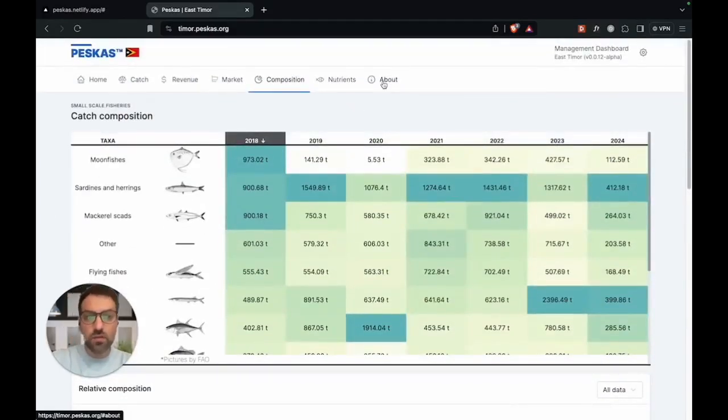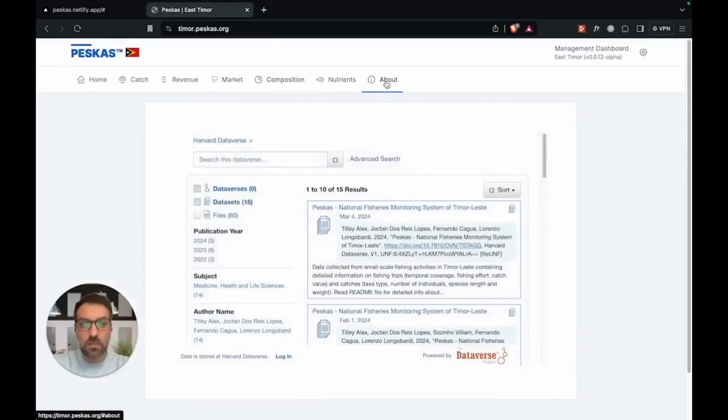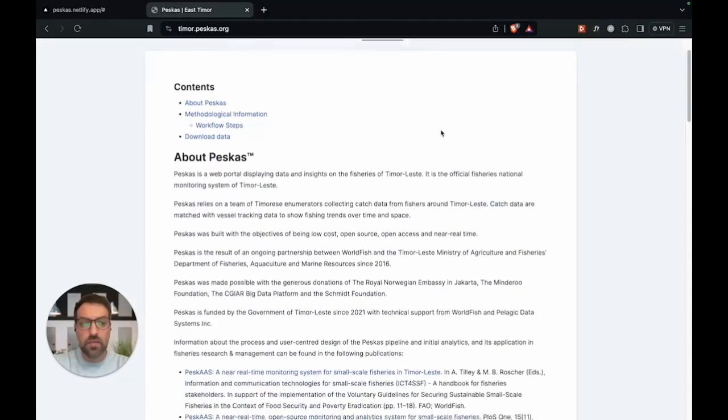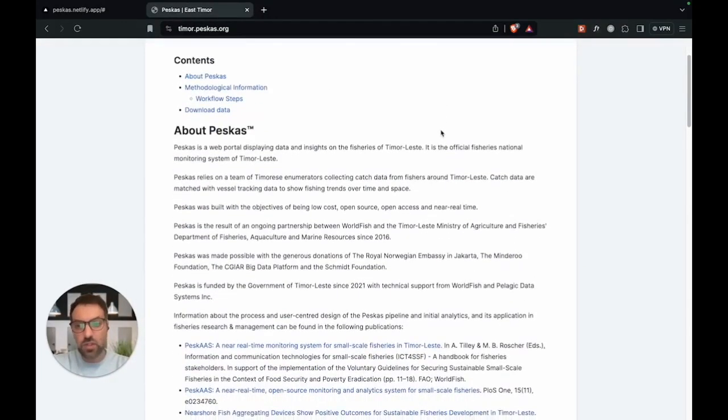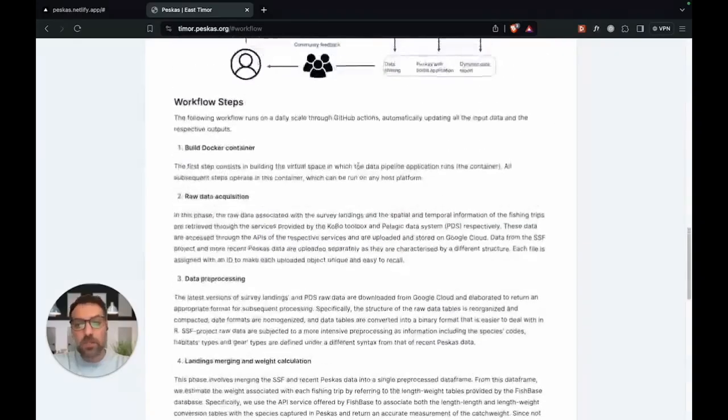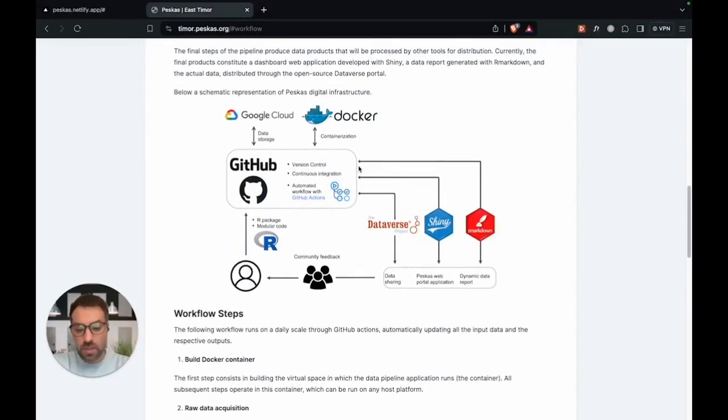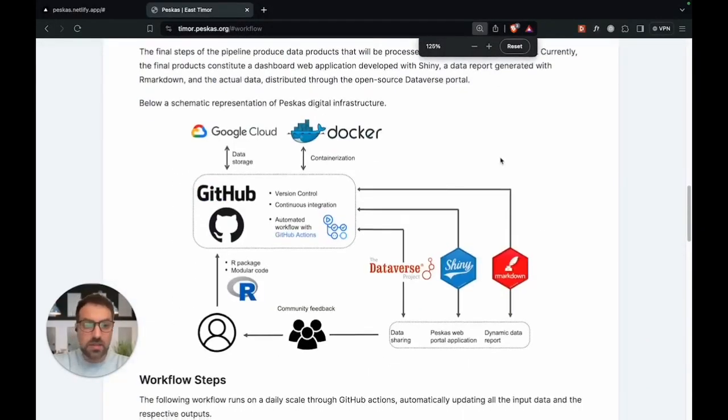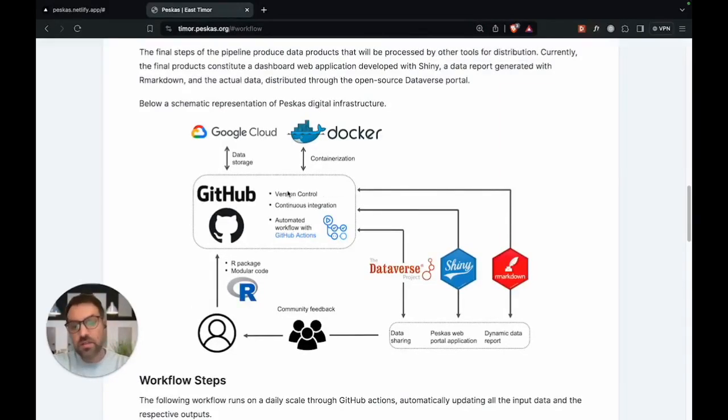Of course, we also have an about page where you can have specific and detailed information about Peskas, how we got the data, how we process it, and also the digital infrastructure behind Peskas that is summarized here. As I mentioned before,